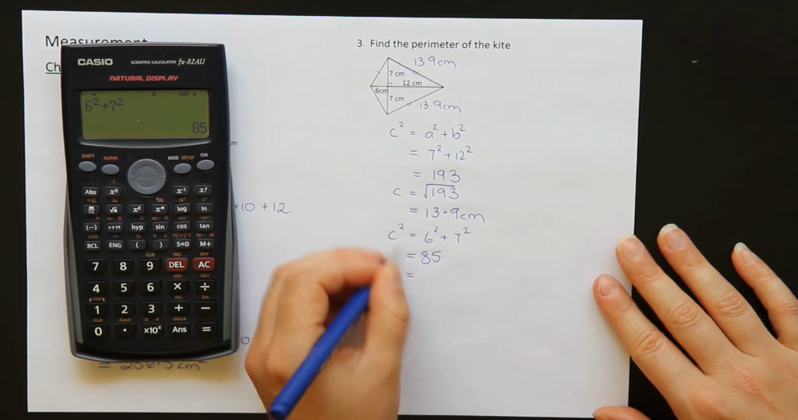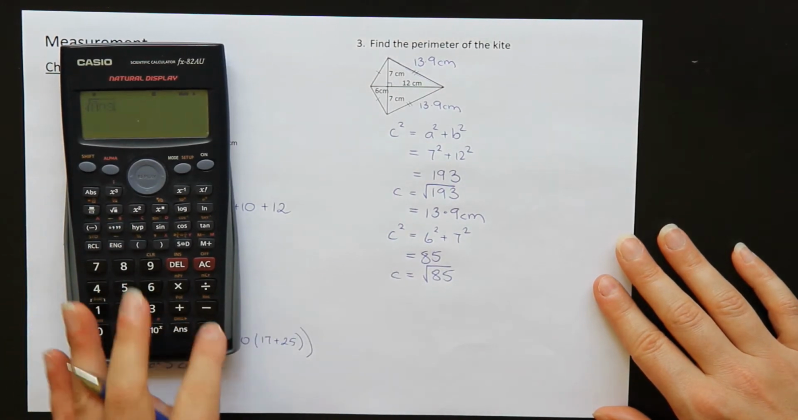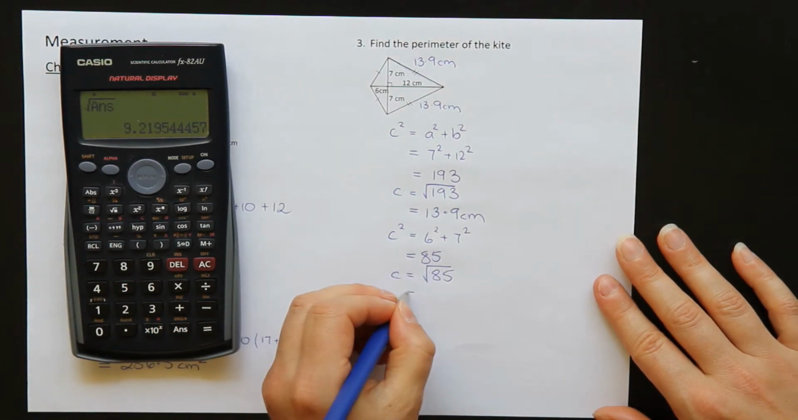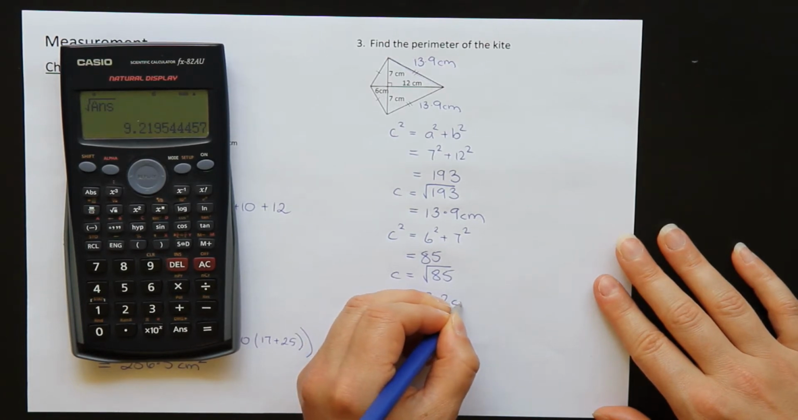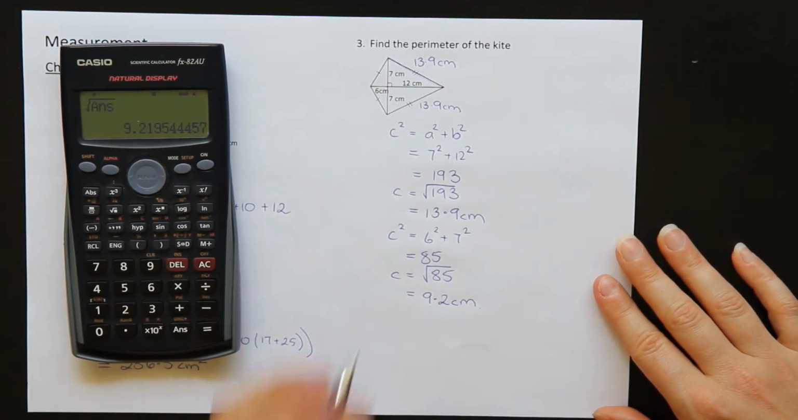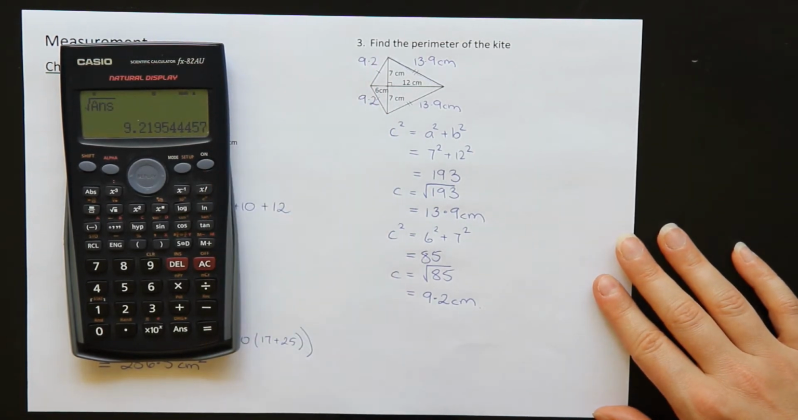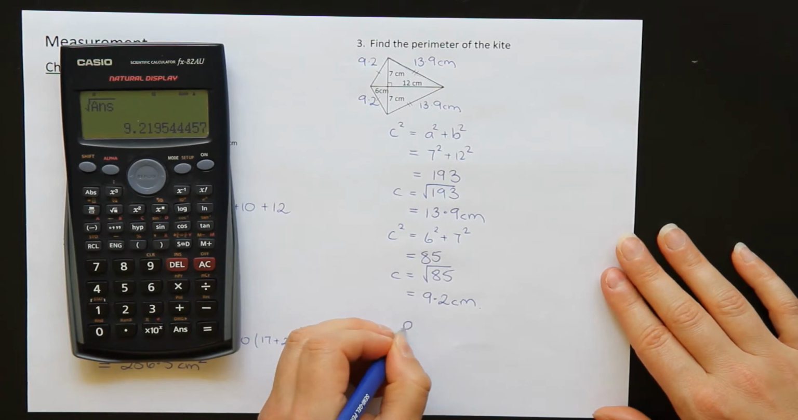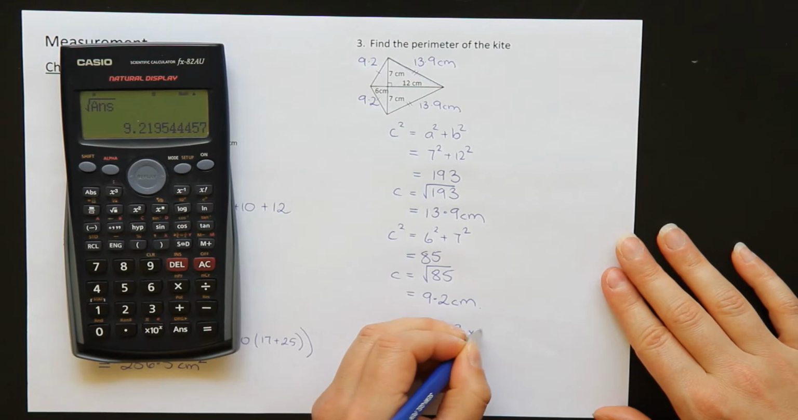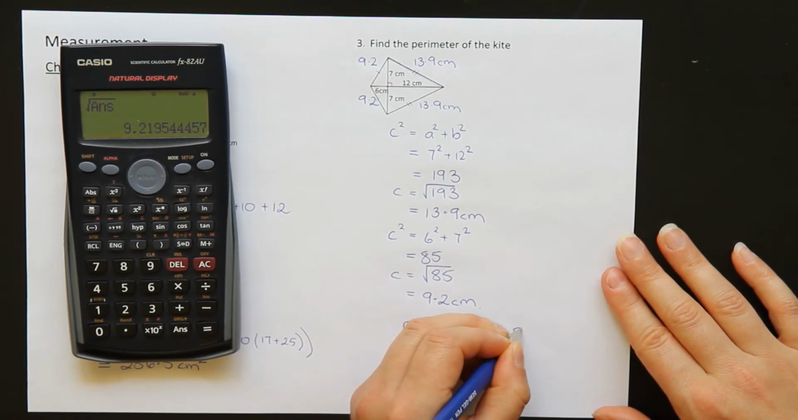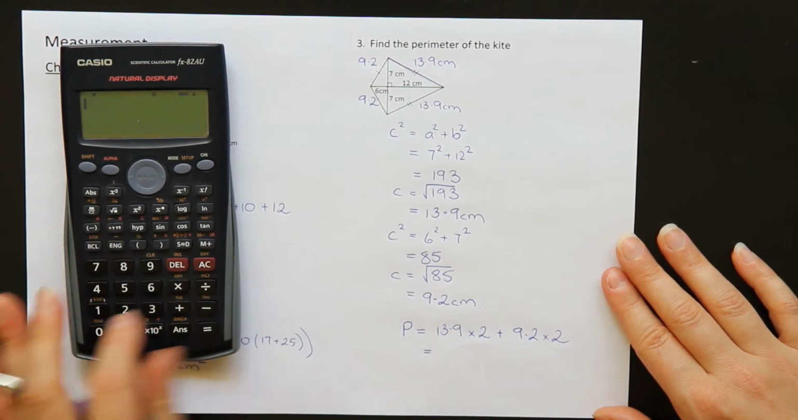Then to get rid of the squared there, we need to square root the 85, which is 9.2 centimeters. So 9.2 here and 9.2 here. So now we have everything we need to find the perimeter. The perimeter we have 13.9 twice, so I can times that by 2, and I have 9.2 twice, times that by 2. My final answer,